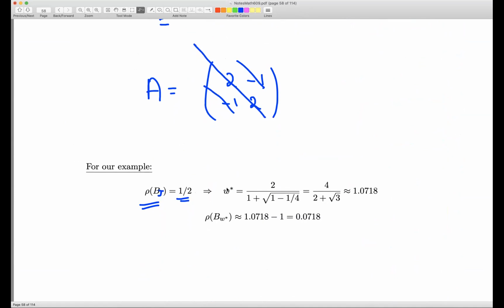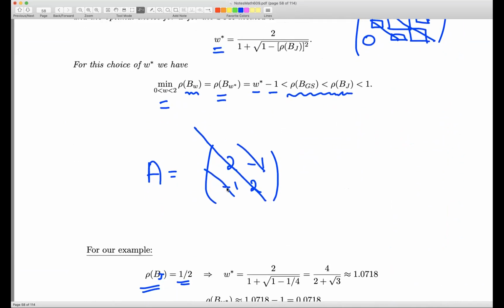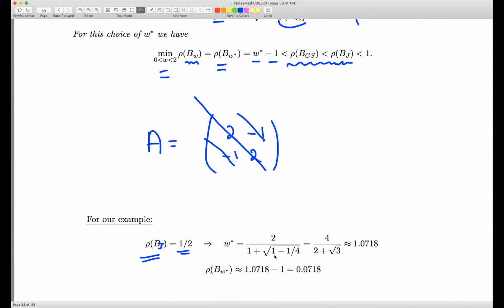So one can compute using this formula here the optimal choice of the parameter for the SOR method, and so this is 2 over 1 plus the square root of 1 minus 1/2 squared, which is 1/4, and the exact number is 4 over 2 plus square root of 3, which is approximately